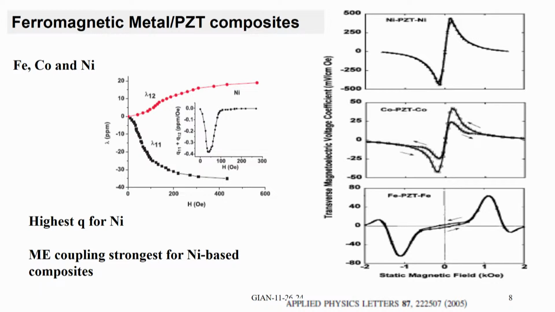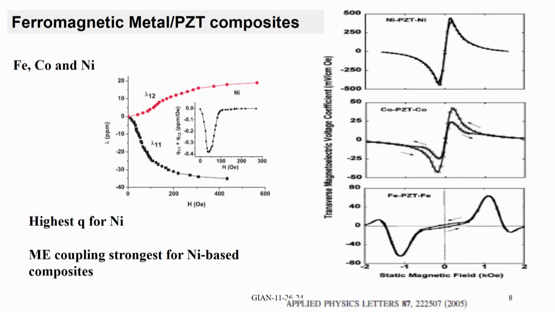But on the decreasing field side, there is a hysteresis, it keeps going up here. So, this is very common with cobalt, it has very high anisotropy. So, it retains, it has some kind of a memory effect. So, the magnetostriction for increasing and decreasing fields, they are not the same. The slope is also not the same. That is the reason you have the hysteresis for going up in field and then coming back down.